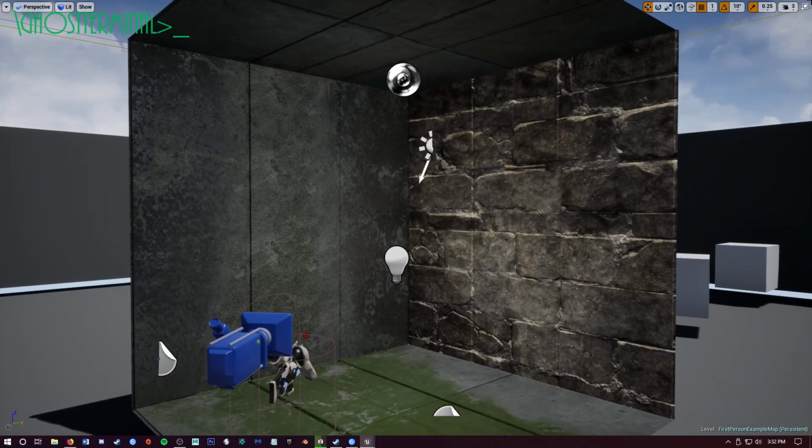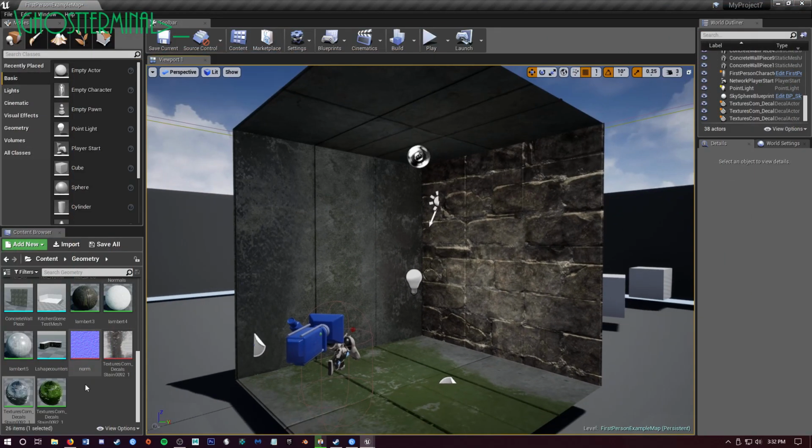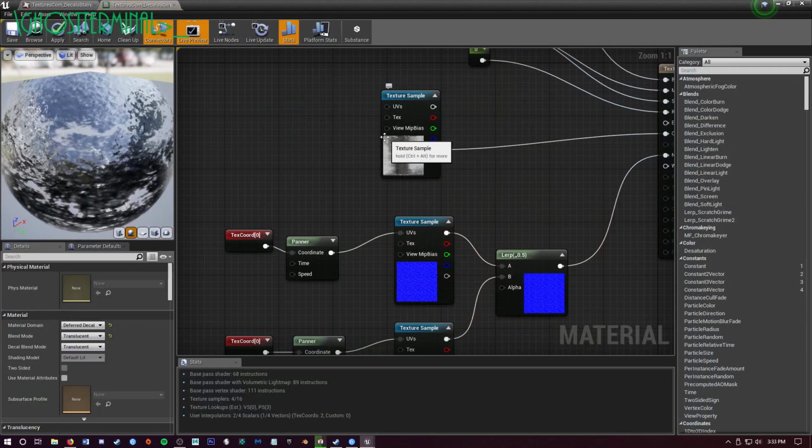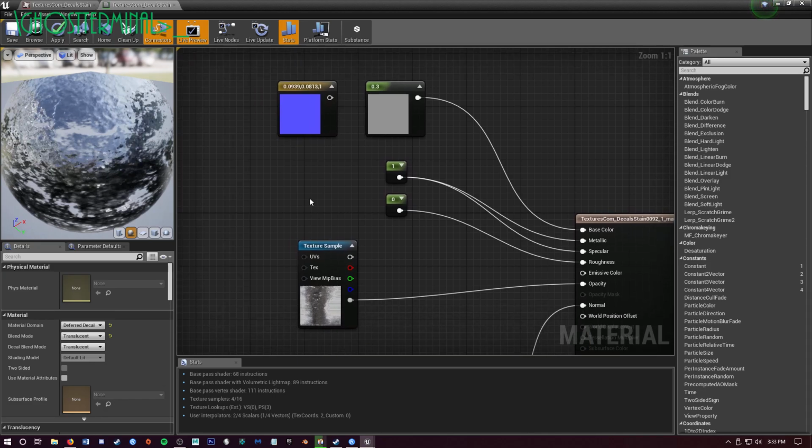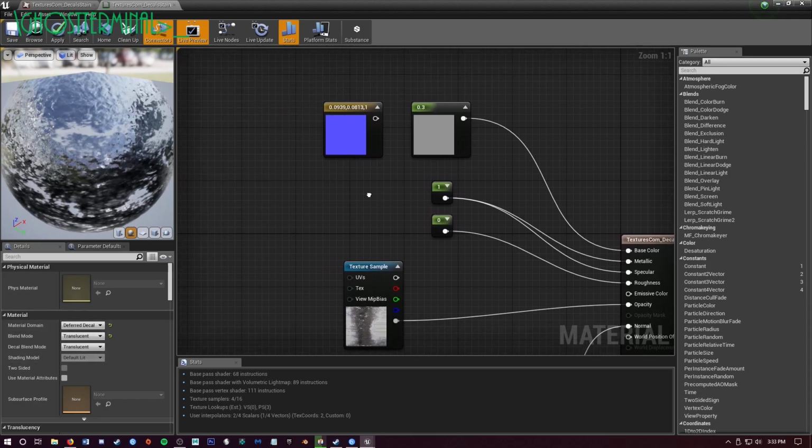Alright, let's get into the material itself. Now, if you know how to create a material, you know how to create water material and a decal already, this should be simple for you, because all you're doing is combining those. And what you would do is just right click, create material. I've already got them created, so I'm just going to open it up. And then what you want to do is make sure nothing's selected, which you can just click off here to the side somewhere on the grid,